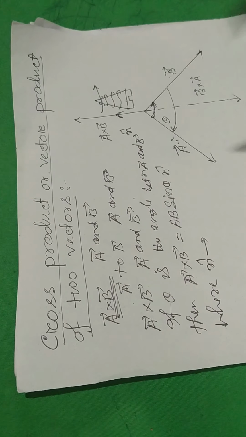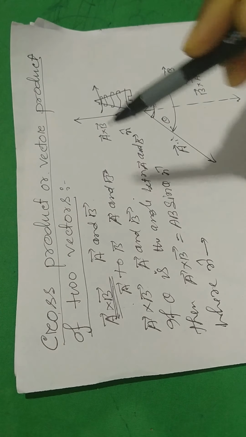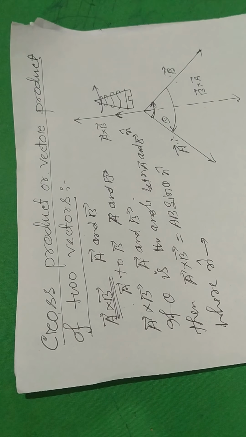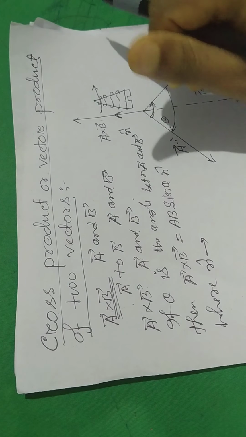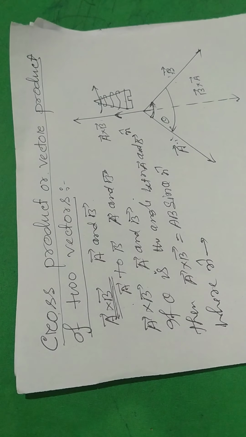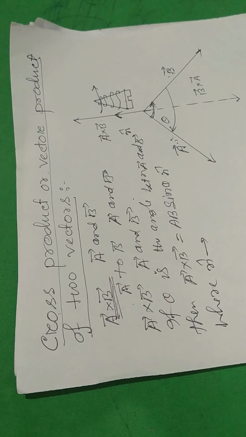Now you see right-handed screw. When a right-handed screw is rotated from the vector A to B through the smaller angle between them, then the direction of advance of the screw gives the direction of vector A cross B. If the screw rotates right-handed, that gives the direction. So the direction will be that of the vector product, A cross B. Or right-hand thumb rule,